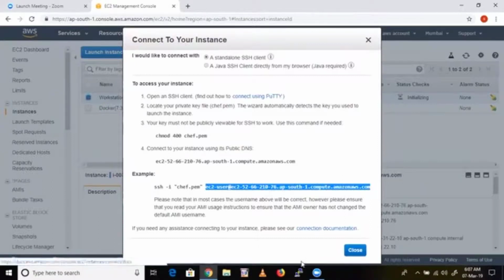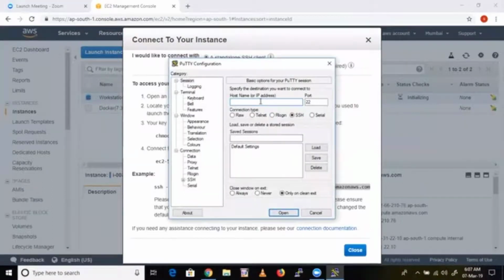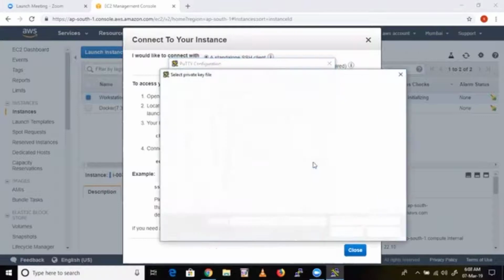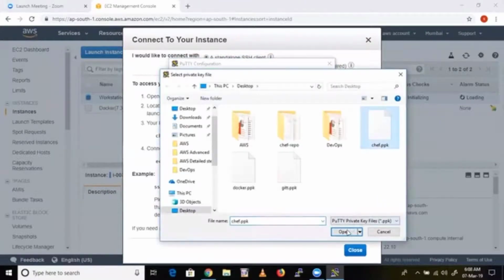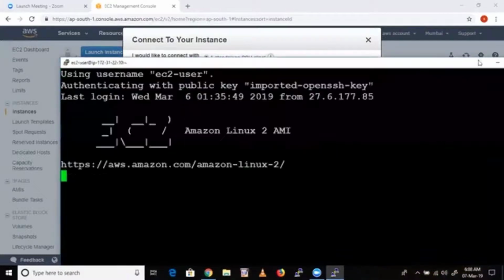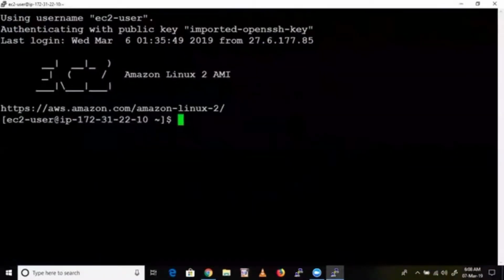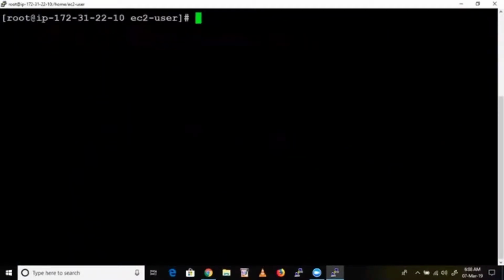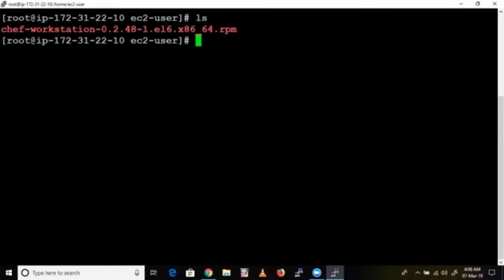So yesterday we launched one Chef machine, right? I'm going to start that machine. Yesterday we installed Chef, the Chef Workstation package, in this machine.